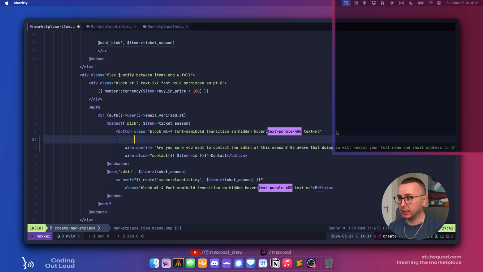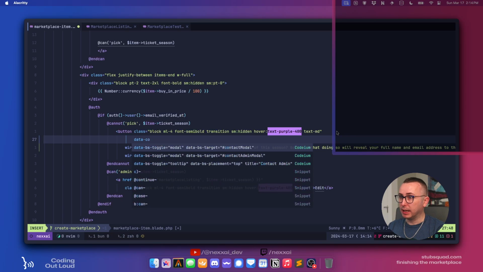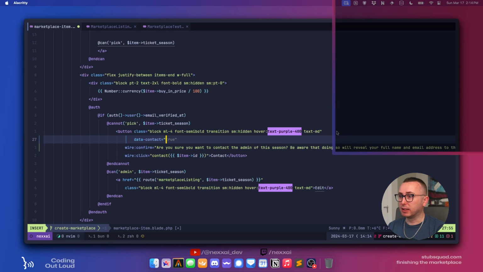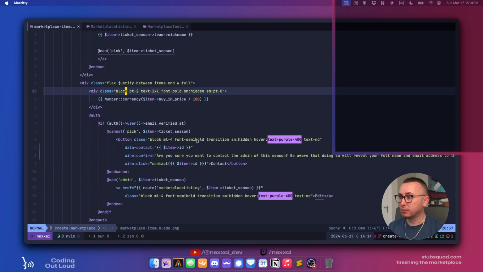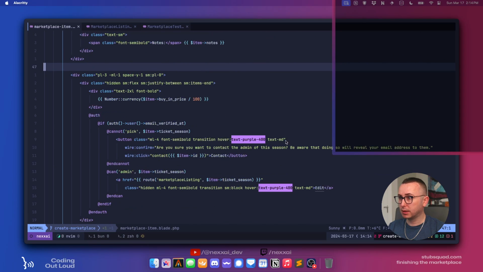What I want is a data property that has something a little more unique that we can basically say like item ID. And we'll put that on the other version of the contact button as well, wherever it is here.